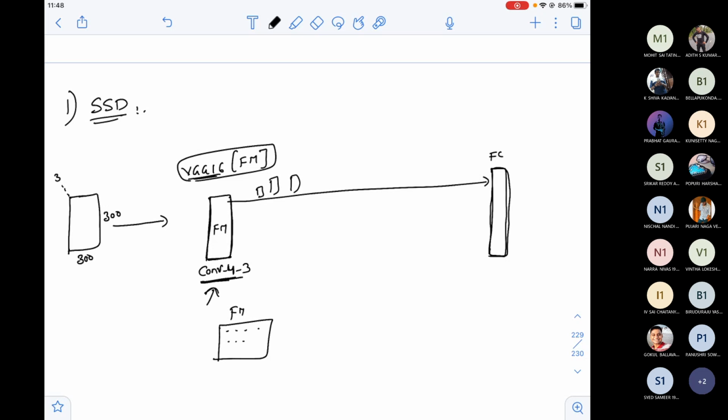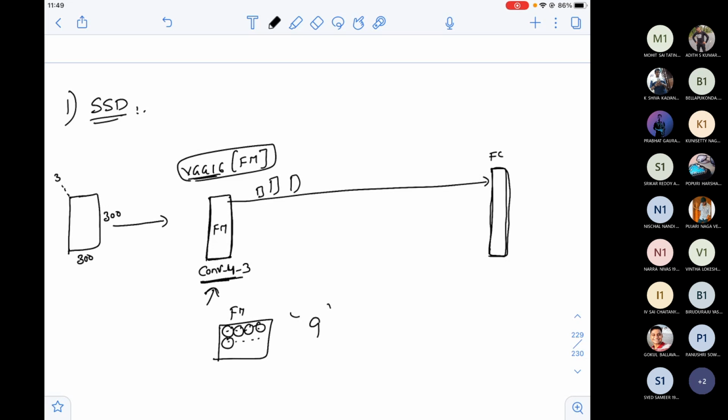Now I start proposing boxes for each pixel. Again, for each feature map, the number of boxes that I propose is not always 9. In the earlier case, for each pixel in the feature map, you used to propose 9.